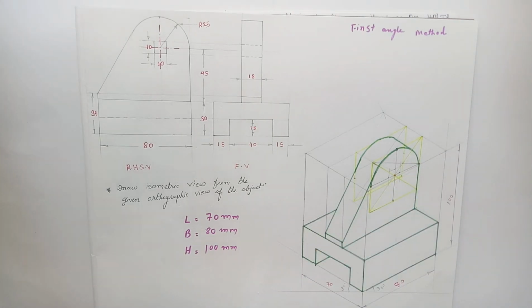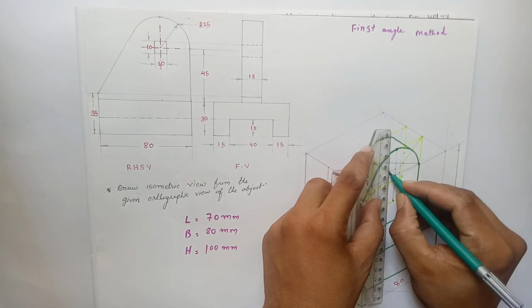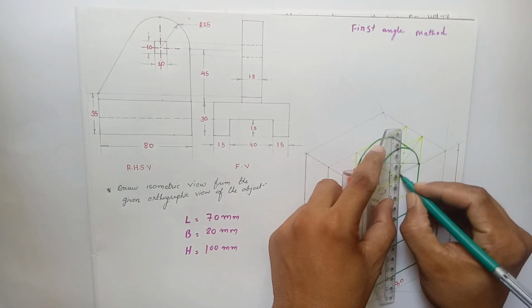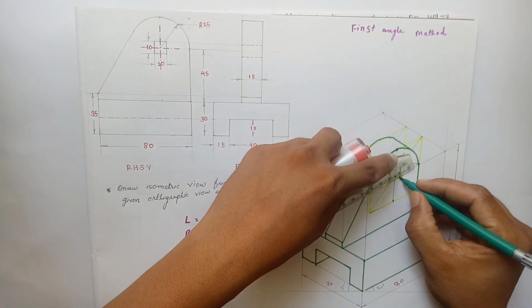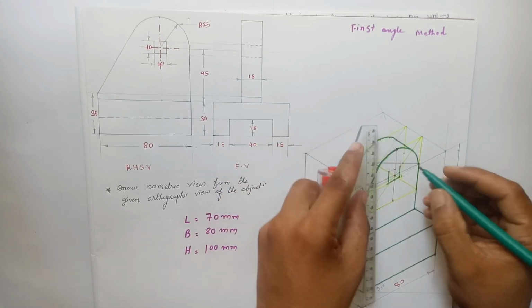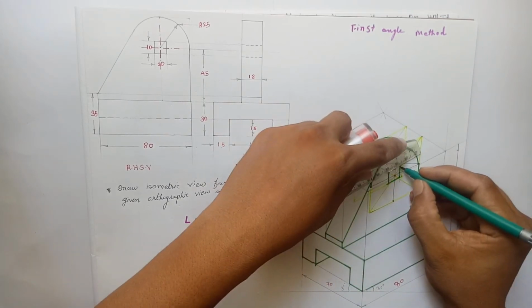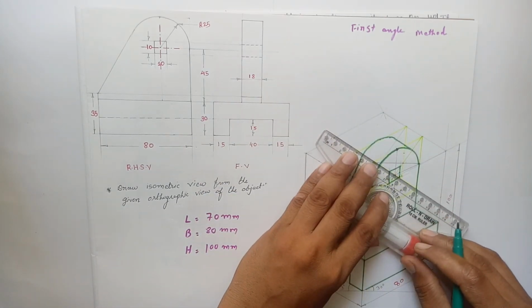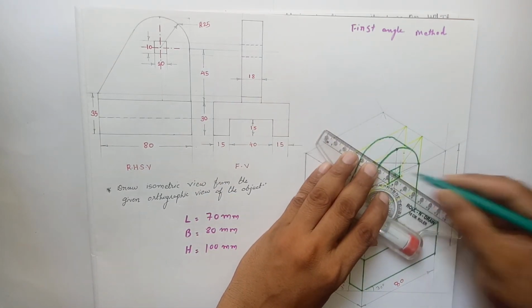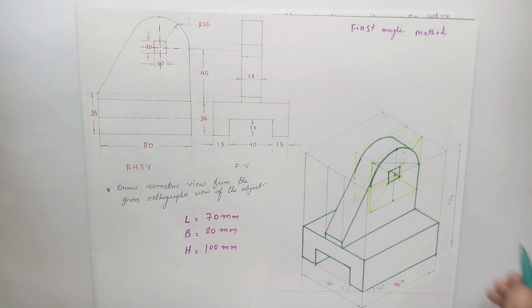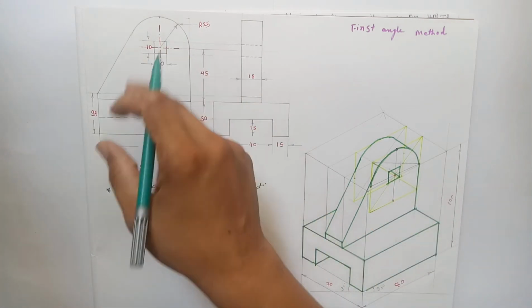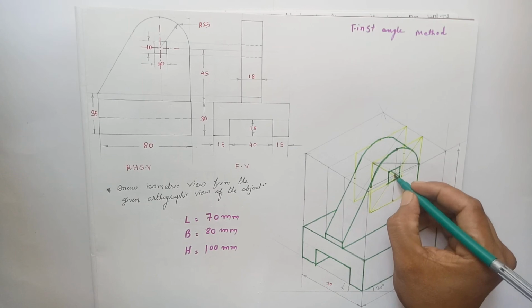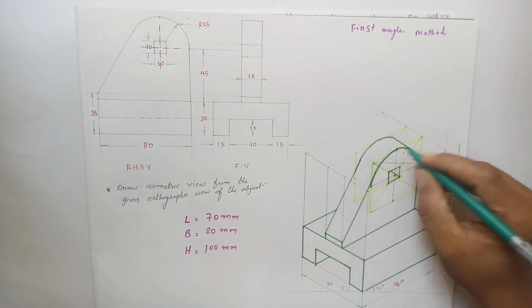Now the dark red part, 1, 2, 3 and 4. Draw an edge passing through this corner like this. So this will be the isometric view of this object, with the square hole at the center, the covered up part.